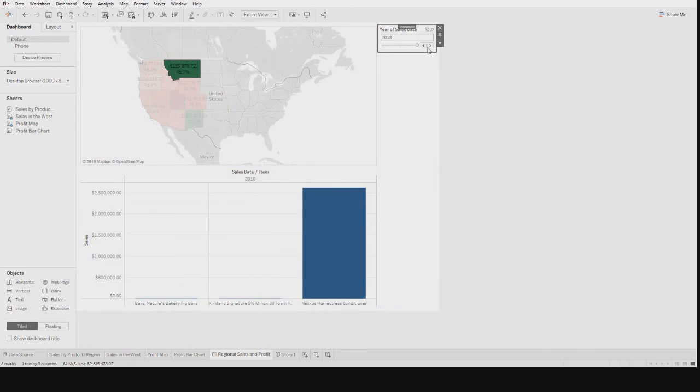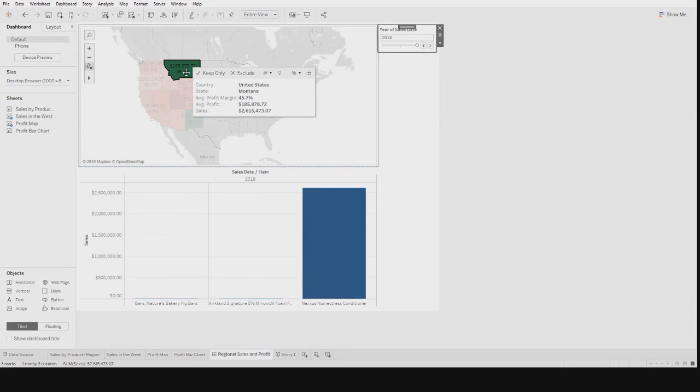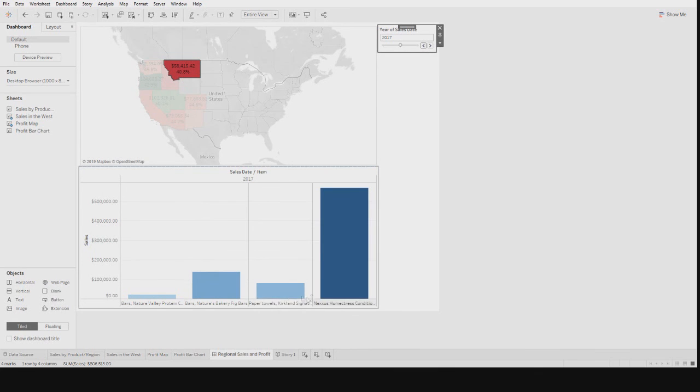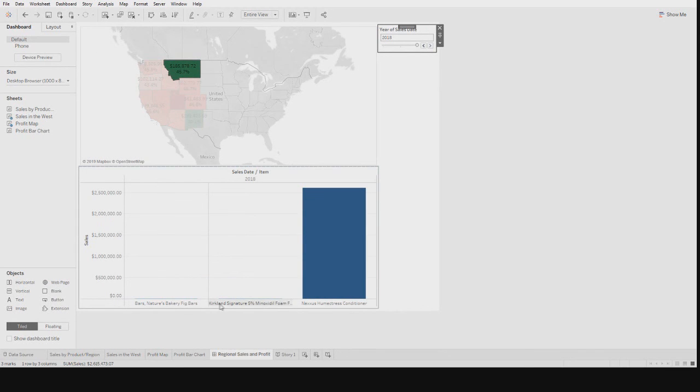And you can change that to 2018. It significantly increases to average profit 185,000, sales 2.6 million, and average profit margin 45.7%. And very interestingly, it actually got rid of some of its products. It had four products it was selling, and there was only one that was really doing well, and then it shaved off the ones that it did not sell almost entirely. There's still some stragglers barely holding on, but this one specifically is almost the entire profit of Montana,